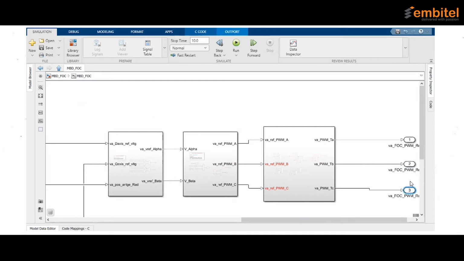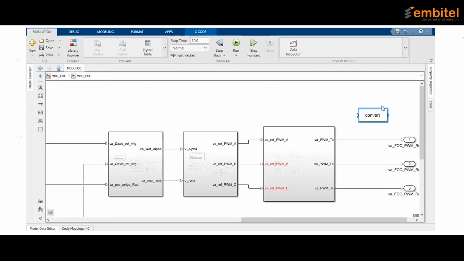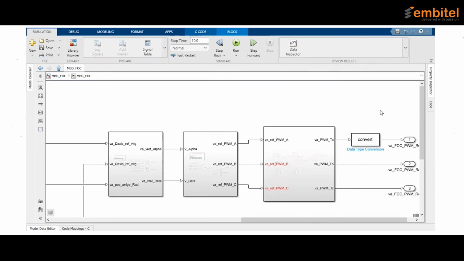According to the design that we have considered, we need to convert them, so add data type conversion blocks for the outputs.